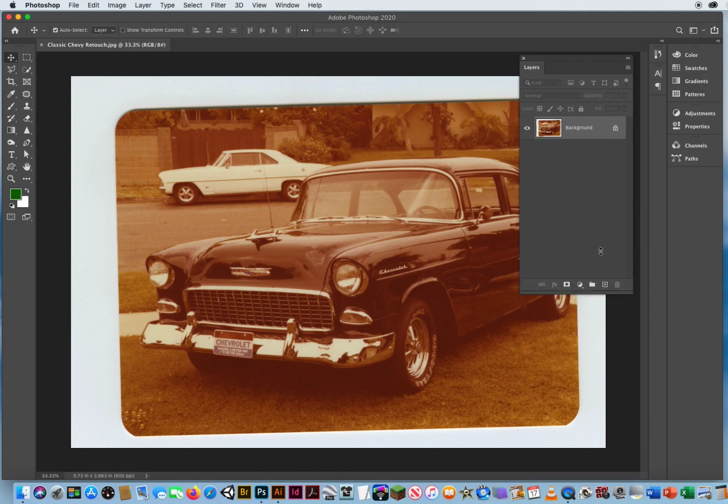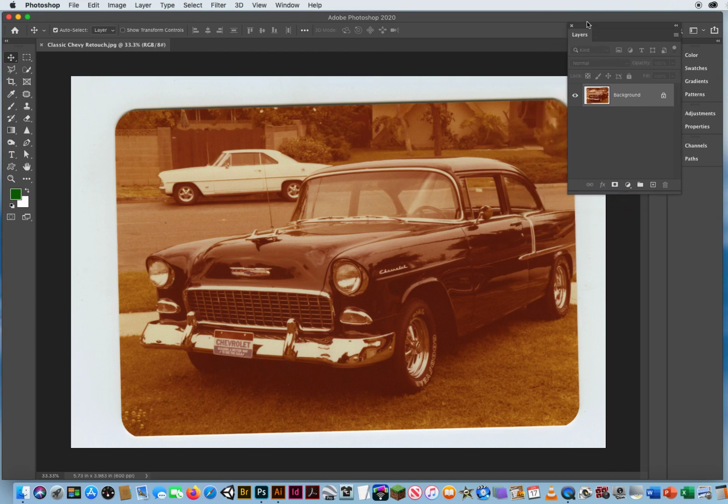Okay, and again, you're going to have to practice with Photoshop because you never know what's going to fall into your lap. The gentleman who brought this to me, I basically had about 20 minutes to touch it up. This was a photo of his dad's car. He wanted to give this photo to his dad for his birthday. His dad loved this car, and unfortunately, the car got totaled in a wreck. So he had one photo left of his classic, lovable 57 Chevy, and he wanted to touch it up, but